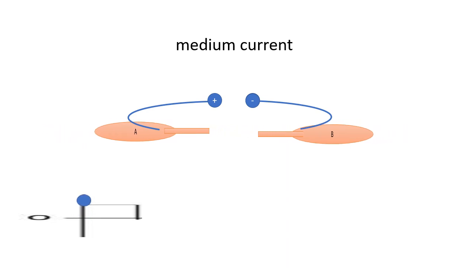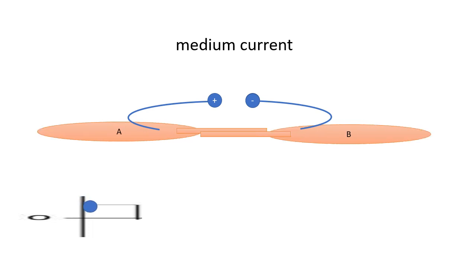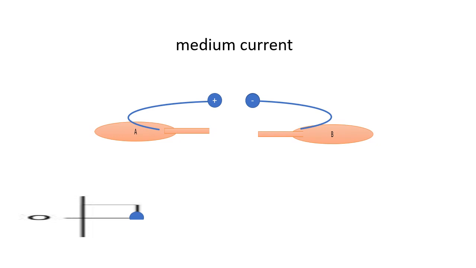Now the same experiment is repeated, but instead of a stronger current, we are using a medium intensity current. As the intensity reaches the peak, both the muscles contract. When the current is sustained, neither muscle responds with the medium intensity current. Now again, when the intensity drops to 0, both the muscles contract.